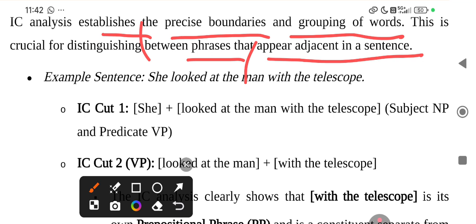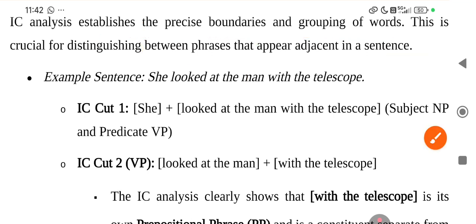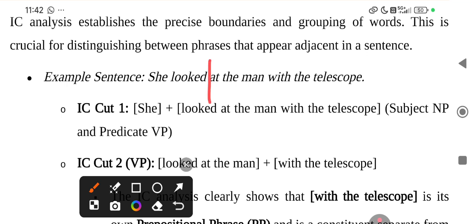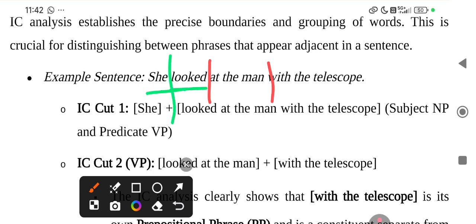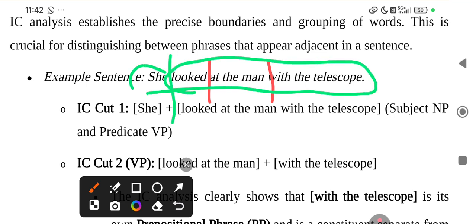Example: she looked at the man with a telescope. She looked at the man with a telescope. IC cut number 1, IC cut number 2. So the first IC cut is that's a she, and then looked, that's the second cut. So the first cut is she looked at the man with a telescope, that's a